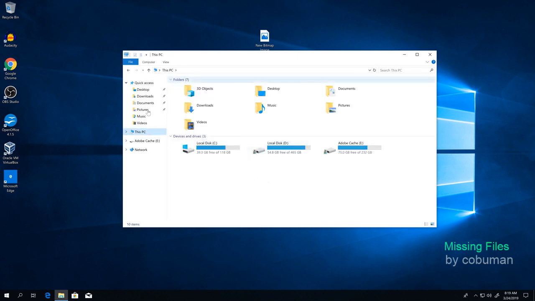For example, you would go in here and look at This PC, previously known as My Computer in Windows 7. Chances are they may not even be able to see this. They may not even be able to see local C, let alone any files that are within the hard drive, right? Because changes on the domain level or within Active Directory are suddenly preventing the new user from accessing, viewing, or editing any of these